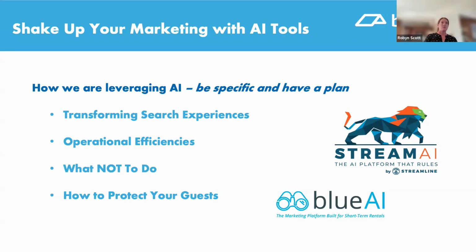Operational efficiencies. What I've been doing myself is I train different prompts in ChatGPT. I do the $20 a month paid version, and I have different prompts that help me with specific things. When I look at how you guys operate, it's review responses, it's maintenance requests, it's owner communications. It could help with segmentation too, because you probably want to speak to your audiences a little bit differently. Yeah, my luxury guests. Help me write an email for my luxury guests. Help me write translation. I love translation. I think that's awesome.